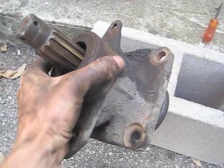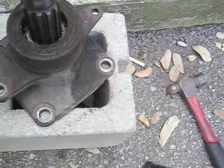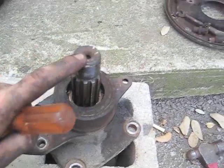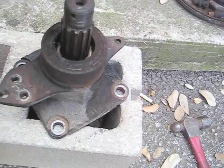Alright, now we got the hub, the stub axle. Got my little piece of wood in there. And I'm going to take this and definitely put something in the middle here where it's solid. If you just pound on this, you might deform this. I've done it. You don't want to do that. And anyway,